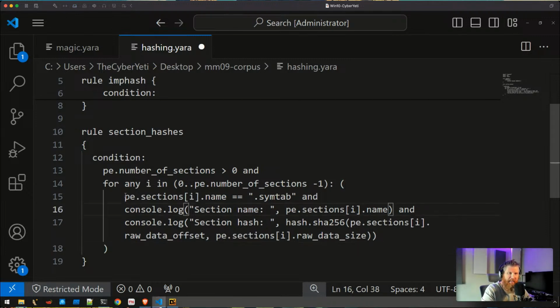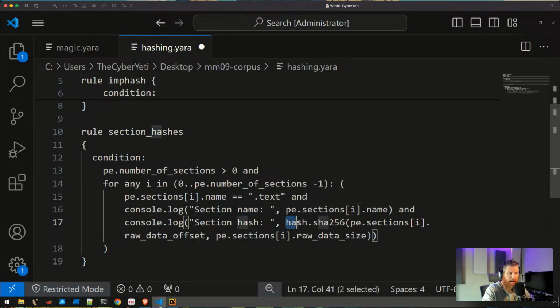And so what I'm doing in this loop is saying, okay, as we're iterating through the sections, maybe we'll change this to text. If the name of the section is text, or whatever you want to put here, then I want to print the name of the section just to confirm, or just to show another use of console.log. And then I want to use console.log to print the hash.